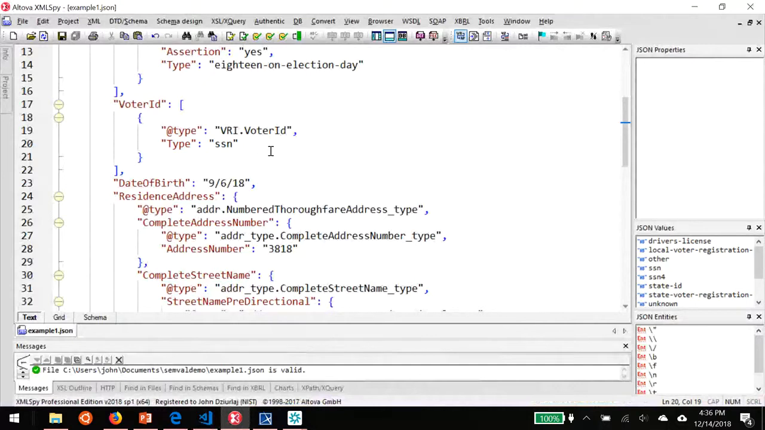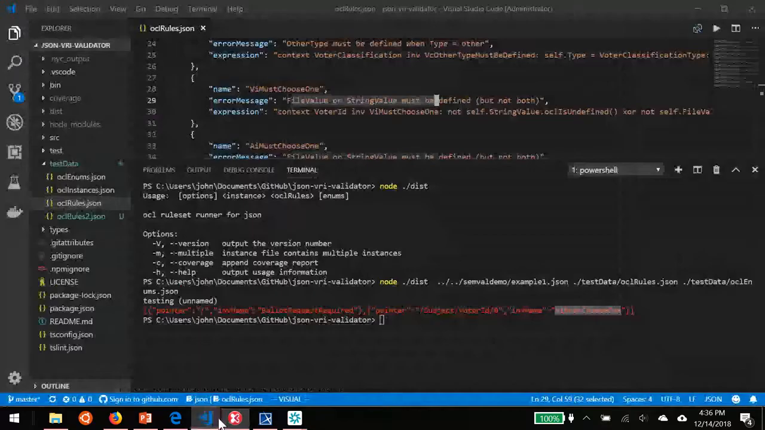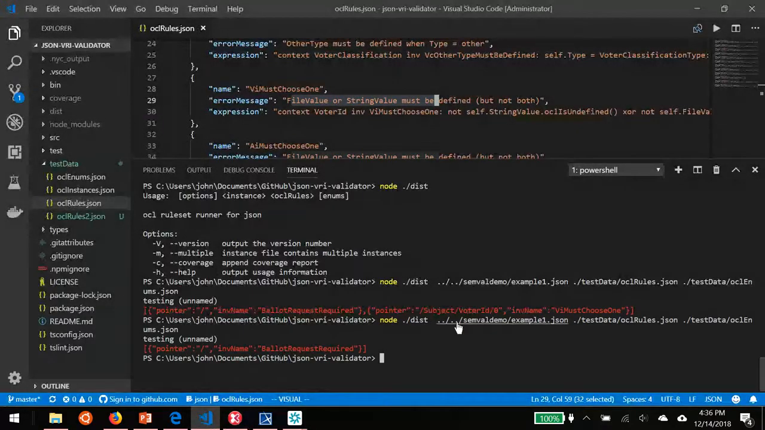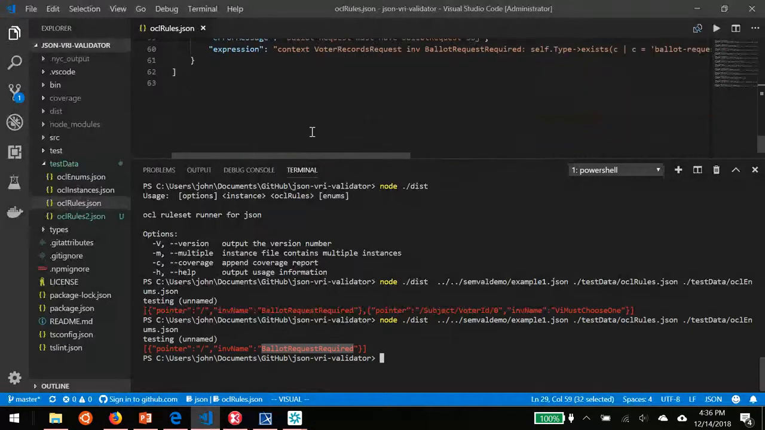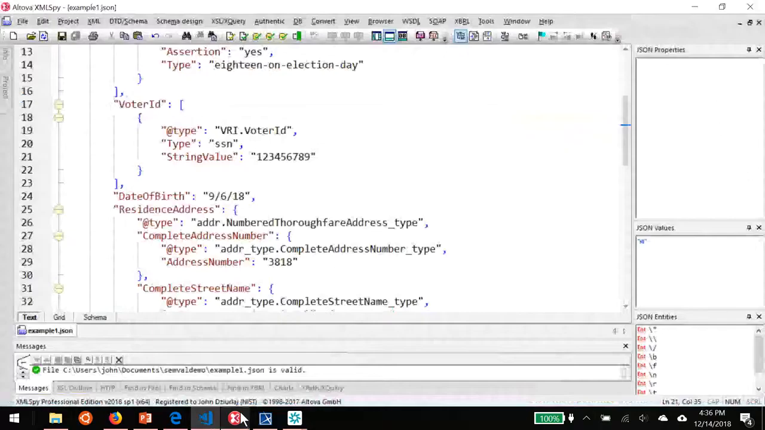So neither the string value nor the file value were provided. And in this case, we're saying that this voter has a Social Security number but not providing it. So let's fix that. That's a string value. Save that and rerun our validation. And we see that error went away. The only remaining error is this ballot request required, which just says that when you have a ballot request, you must provide a ballot request object, which